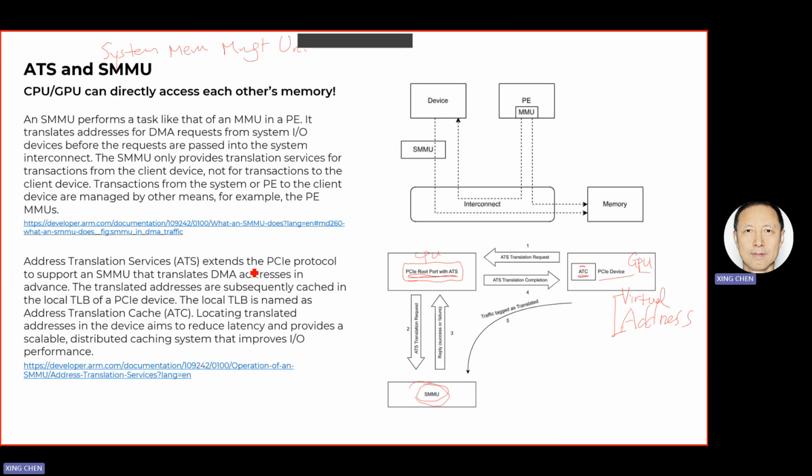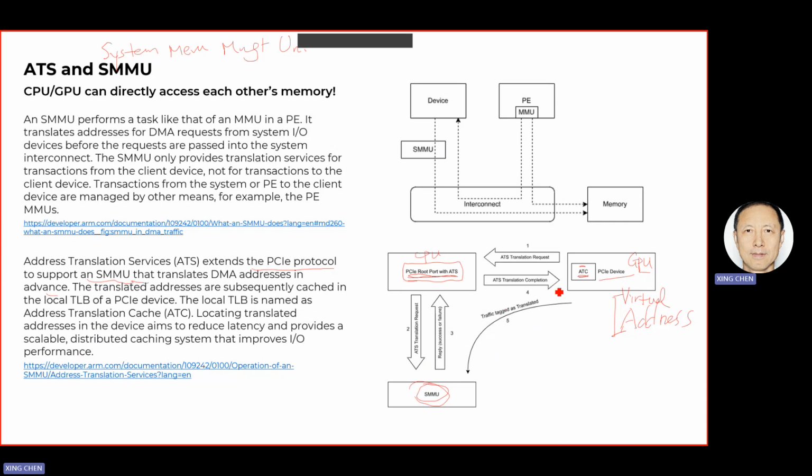ATS extends the PCIe protocol to support an SMMU that translates DMA address requests in advance. The translated addresses are subsequently cached in the ATC. The local translation look-aside buffer is named the ATC. Now, locating the translated address in the device is to reduce latency and provide a scalable distributed computing system that